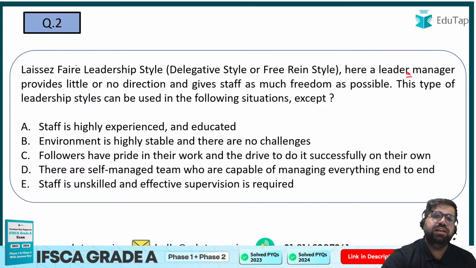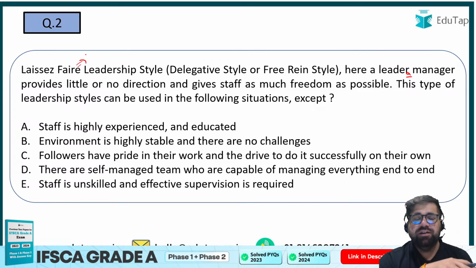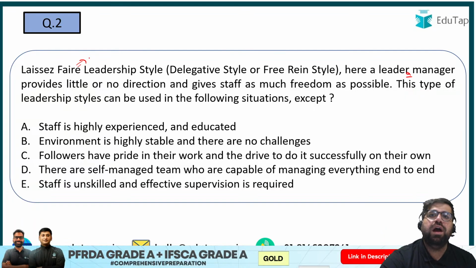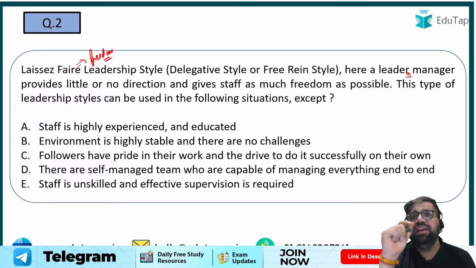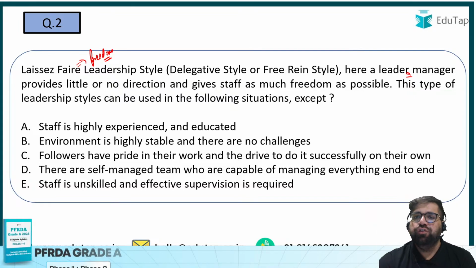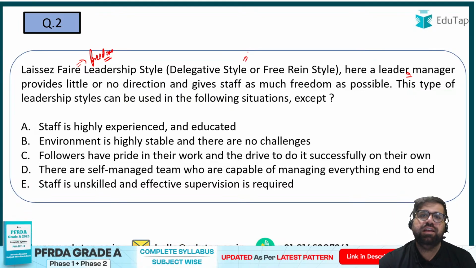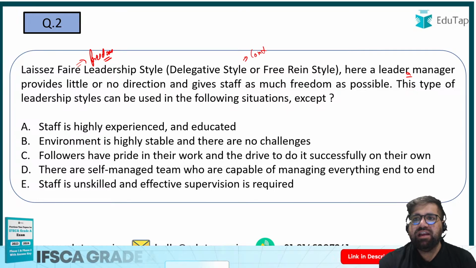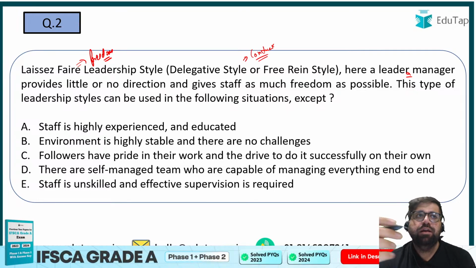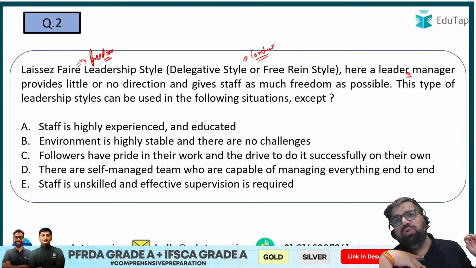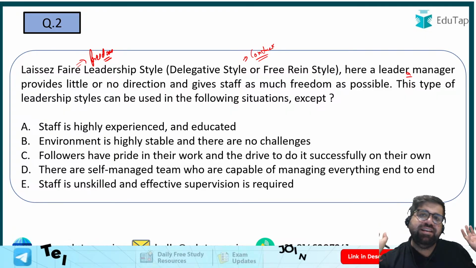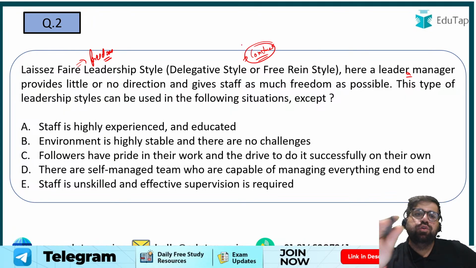So in laissez-faire leadership, which was again the concept given by Kurt Lewin, you basically give all the freedom to the group members to make their decisions. You as a leader don't interfere in their decision making process. You, as a leader or manager over here, just act as a contact man. Now what is a contact man? For example, if my group is facing some problem, then I can go and talk to my leader. But if everything is easily understandable, then definitely there is no role of any leader. The leader just exists for namesake purposes.